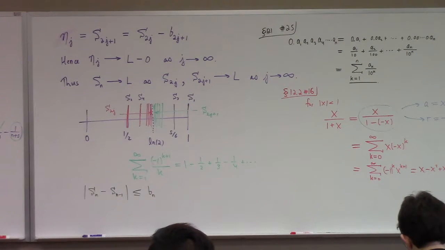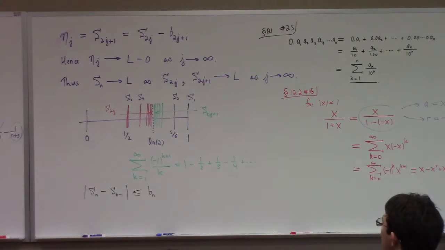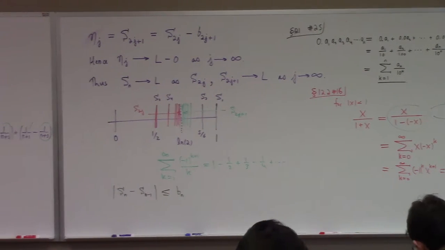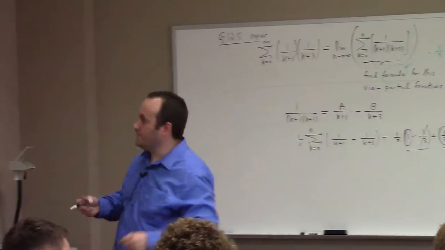Yeah, 12.2, number 14 was like the doppelganger for number 16 there. 12.3, number 14, on the other hand. What's that one? Oh, this one. We talked about this. So we did direct comparison. At least one way to do it is a direct comparison to 1 over